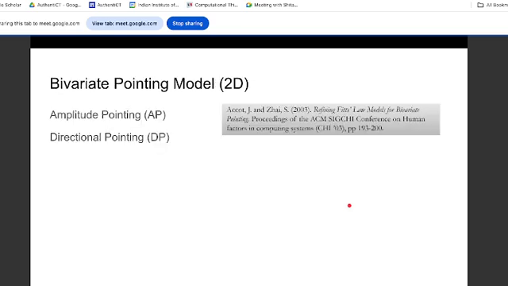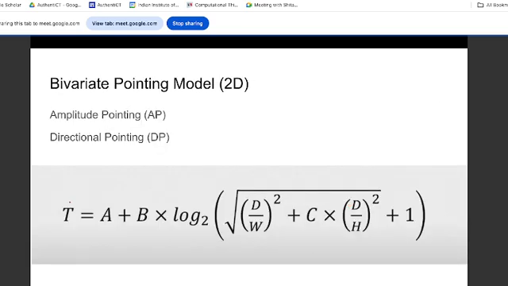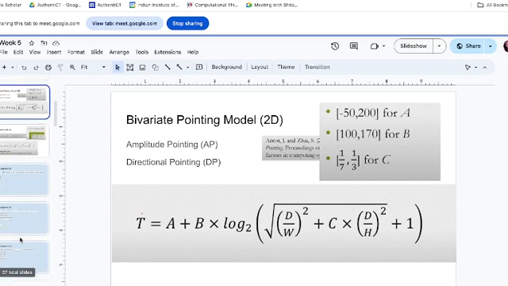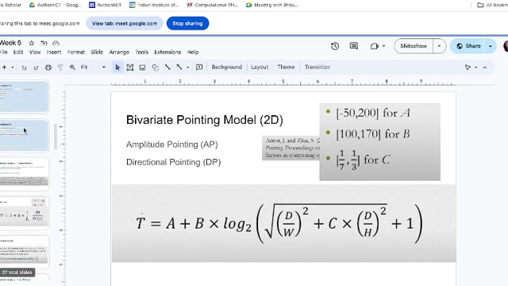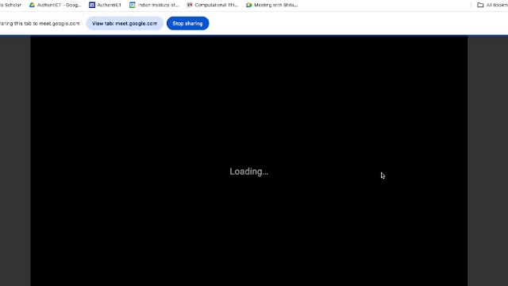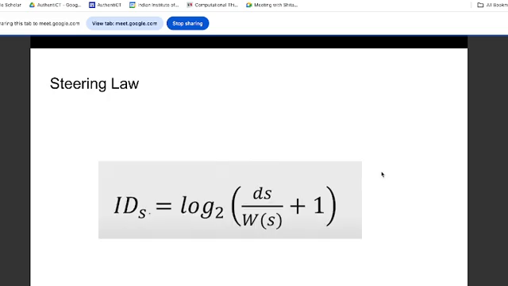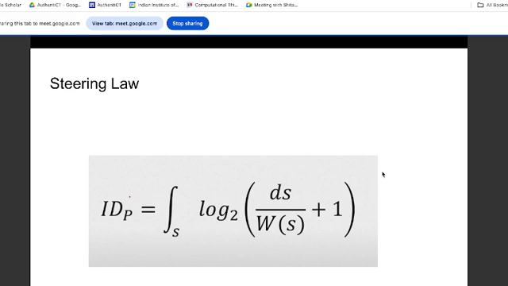So this ID would be replaced. Within this ID formula we replace the D by the small d, this very tiny segment, and then we integrate those segments along the entire distance. So S is basically the number of segments, an infinite number of segments that constitute the length or the